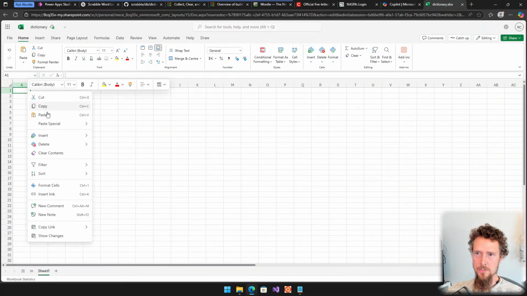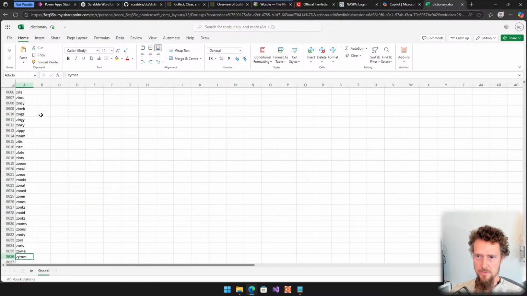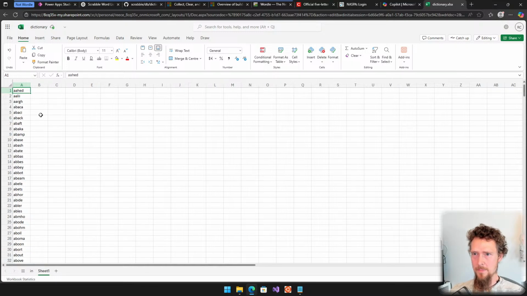Of course, keyboard shortcuts don't work. All right, there we go. 5-letter words, and a whole bunch of these. Zowie. What the heck's a Zowie? I'm going to have to look that up afterwards. 8,636. Excellent. Well, this is fun. Right, so